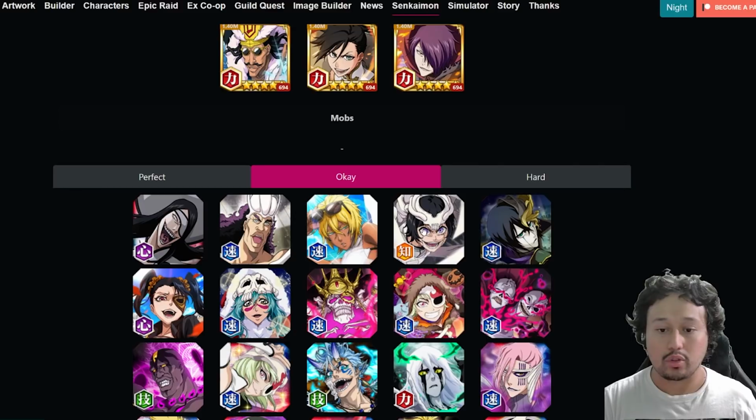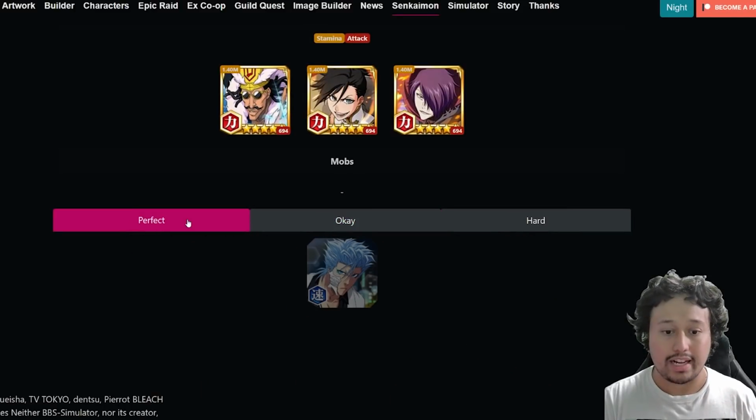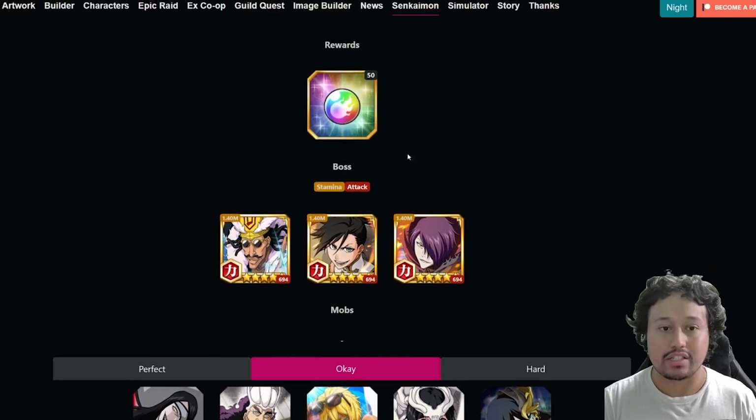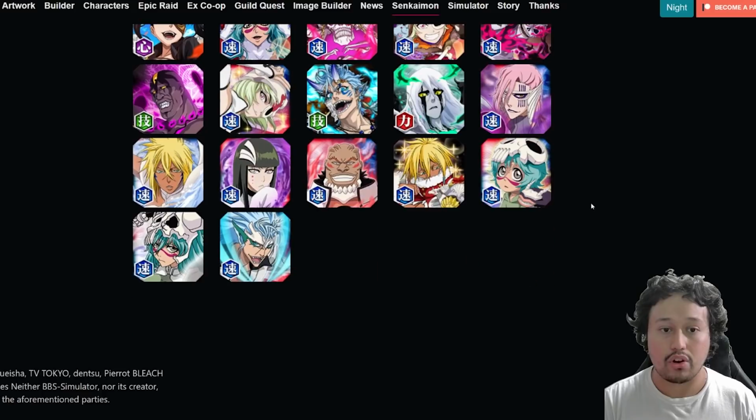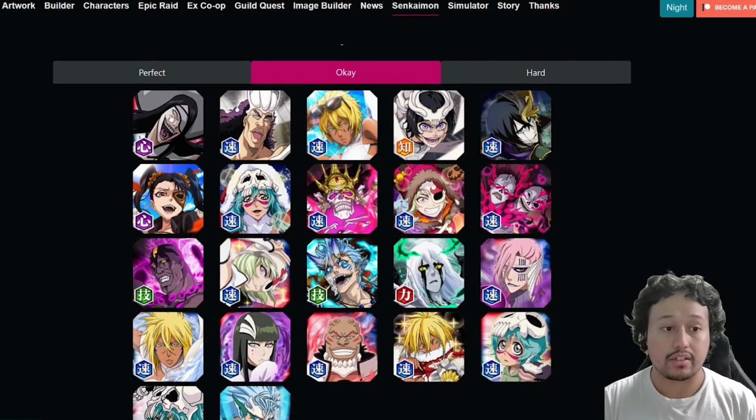Characters like Loopy, I think Loopy should perform incredibly well, even though he doesn't have the proper attribute against these characters. But like I said, since you only really care about the killer and the Arrancar affiliation, any no affiliation killer with the Arrancar affiliation should be fine. So this Noitora should be good, even though he can't proc Lacerate. This Loopy should be good, even though he can't proc